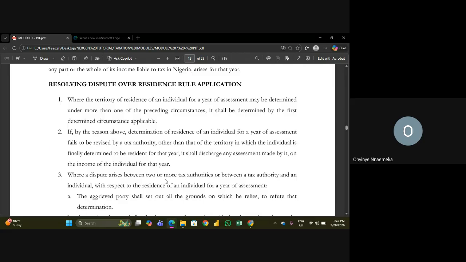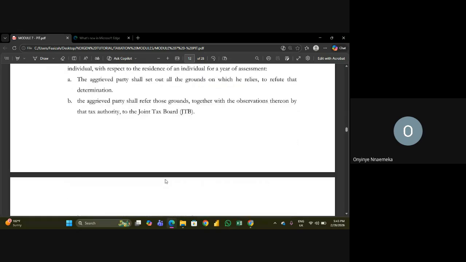So Kaduna feel like, okay, they want to be smart, and they quickly made a tax assessment on Wilfred and asked Wilfred to pay his tax. But upon due diligence of, let's say, Wilfred's tax consultant or Wilfred's employer, they got to know that they are supposed to pay tax to Lagos and not Kaduna. Then Kaduna has no right to enforce Wilfred to pay tax. Kaduna's assessment is going to become what? Should I say, it's going to be discharged. They're going to overlook Kaduna's assessment, and Wilfred will not pay any tax to Kaduna. So number 3,